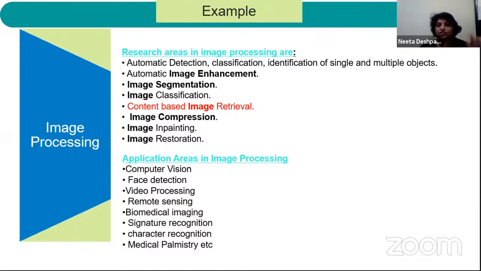What I will again search is the application areas in image processing. I told you in the beginning that whichever is our area, we have to go on searching our area in two domains. One is the research domain and the other is the application domain. So I will also search the application areas in image processing, which may be computer vision, face detection, and so on. So I give that into Google and I get this particular thing. Out of this, what did I like? I got something, I know a little bit of CBIR, let's say, for example. So I select CBIR as my topic.